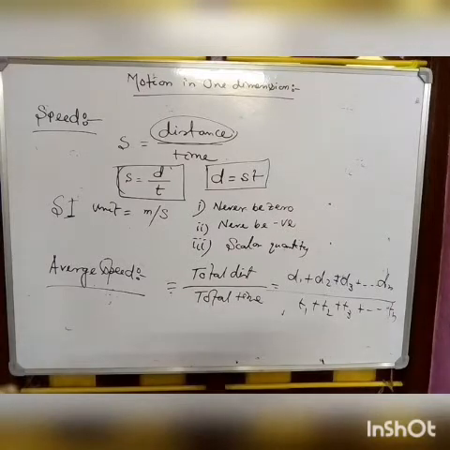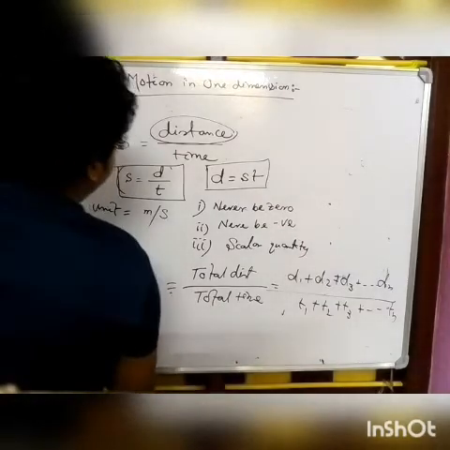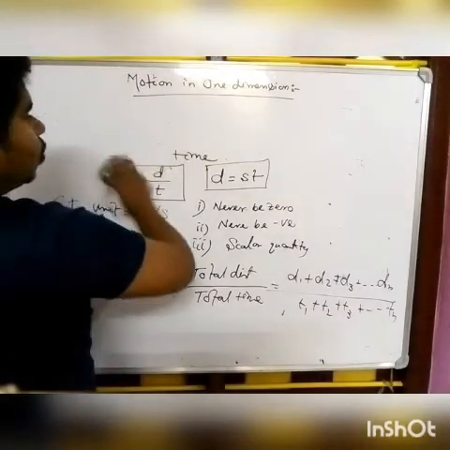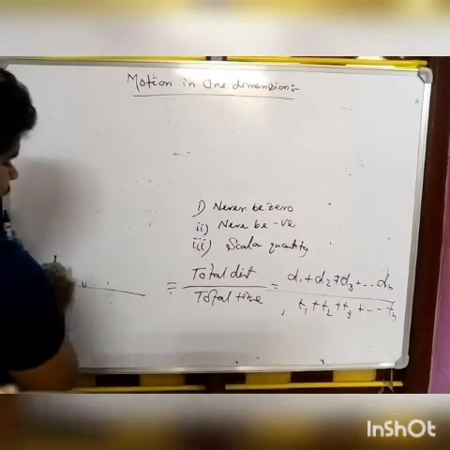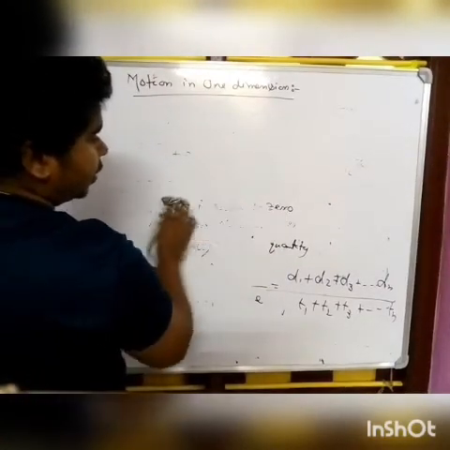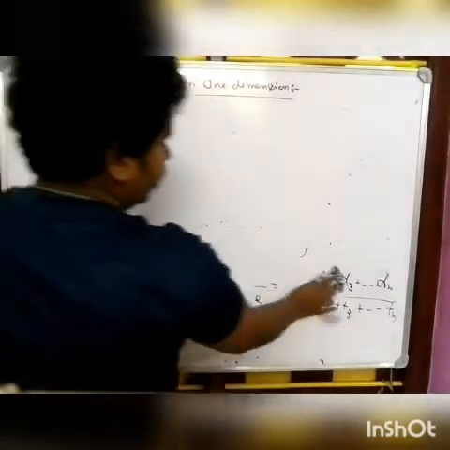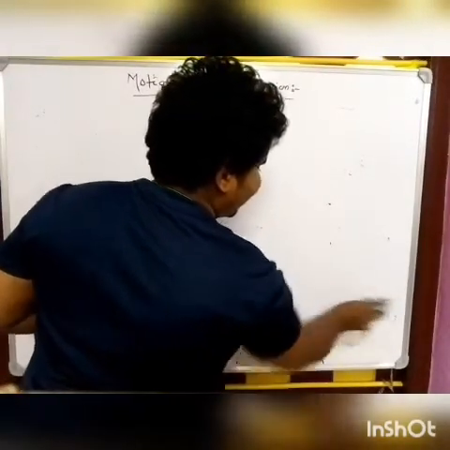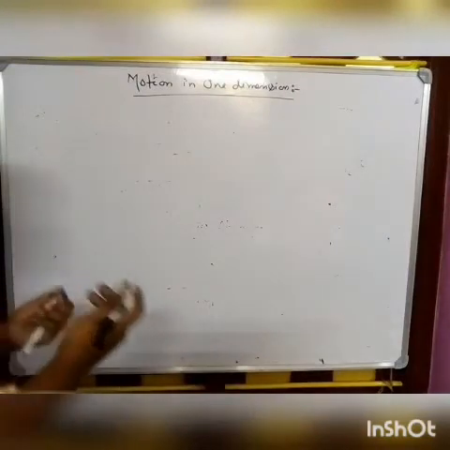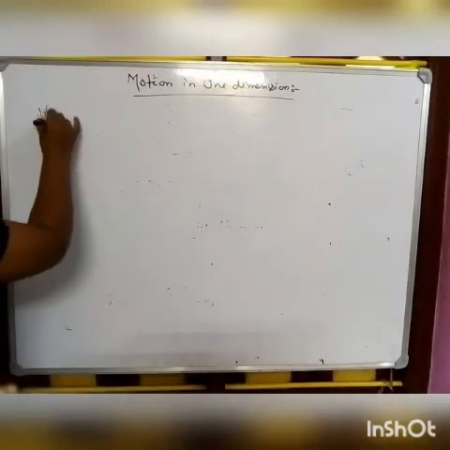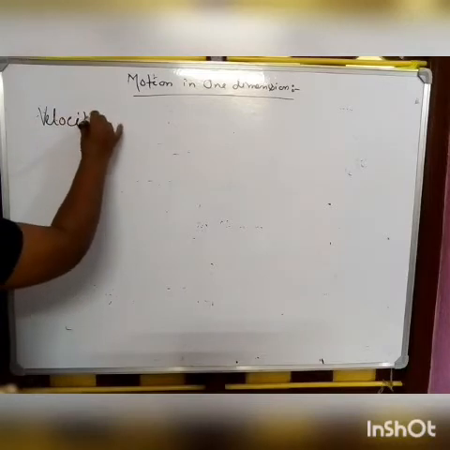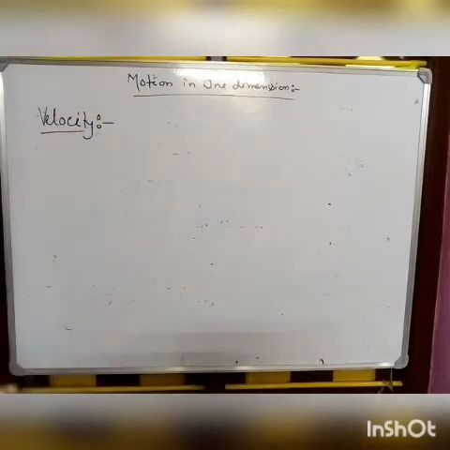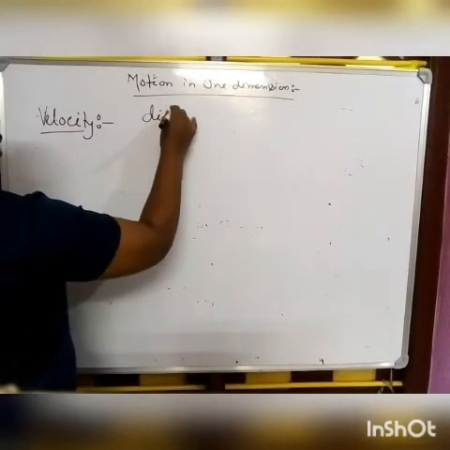Okay. Next, we are going to another physical quantity, that is velocity. What is velocity? See, whenever we just hear the names, speed and velocity, both seem to be the same, like distance and displacement. It seems to be the same, but velocity is not the same as speed. What is velocity? In speed, we have learned it is the rate of covered distance, that is distance per unit time. Velocity is nothing but displacement